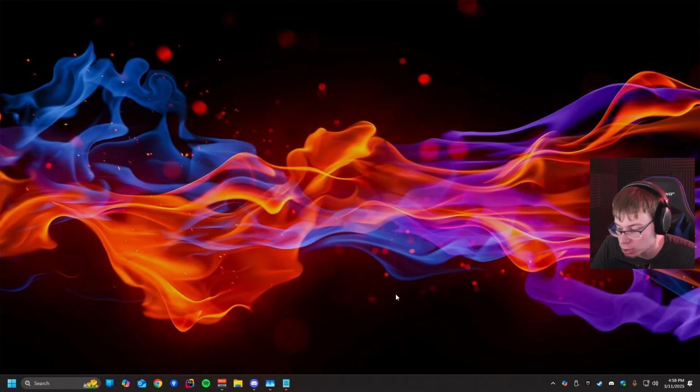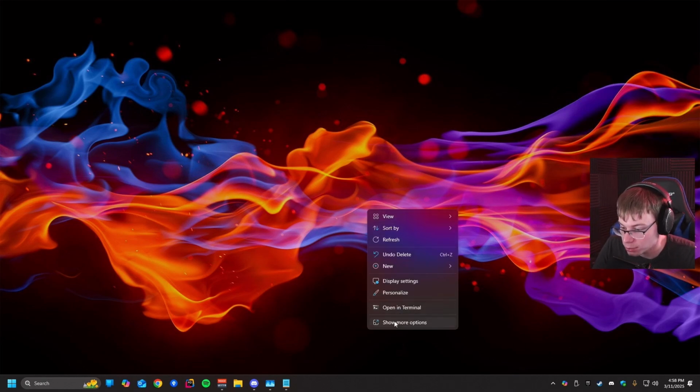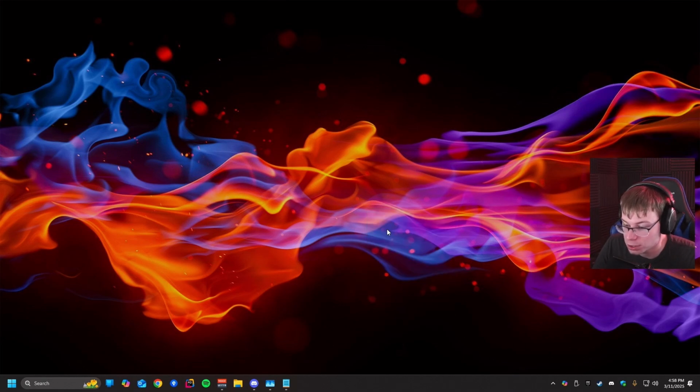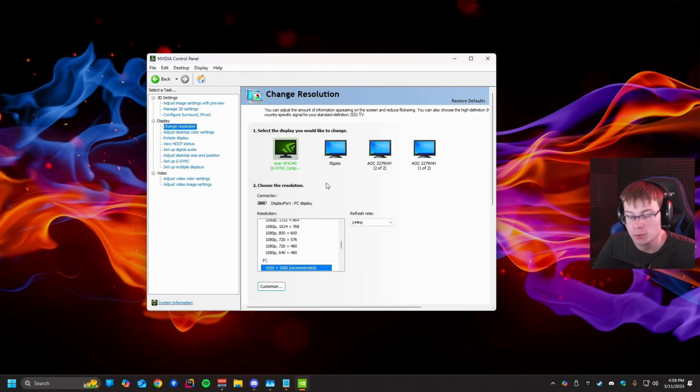The next thing we want to do is we actually want to set up our capture card. So you're going to just right click anywhere on the desktop. You're going to go and hit show more options and hit NVIDIA Control Panel. So real quick, I want to demonstrate to you that you can still game at an insane amount of FPS and still have your graphics card render a separate video out to the capture card for your stream to actually